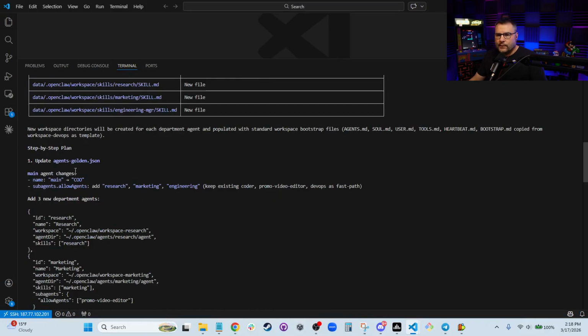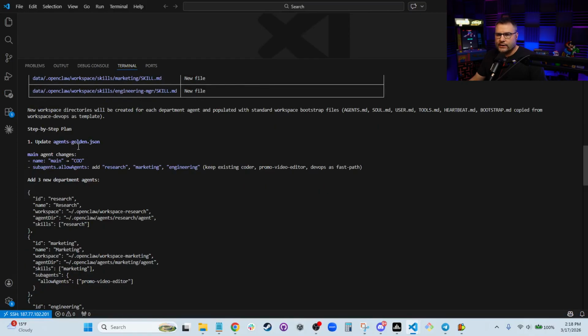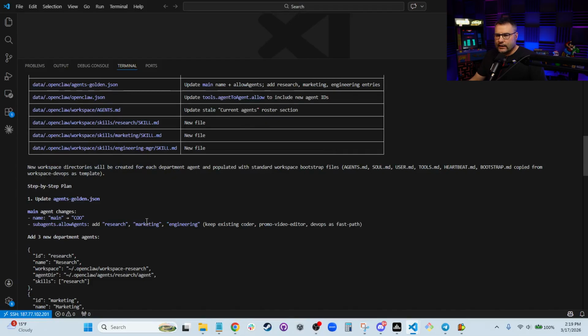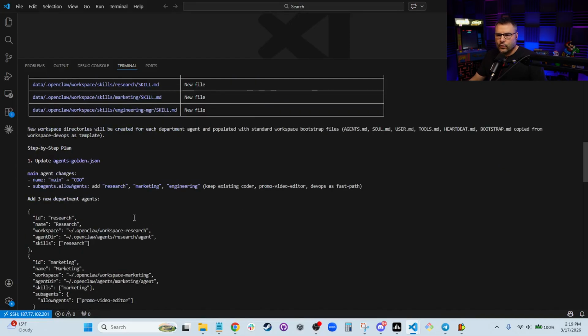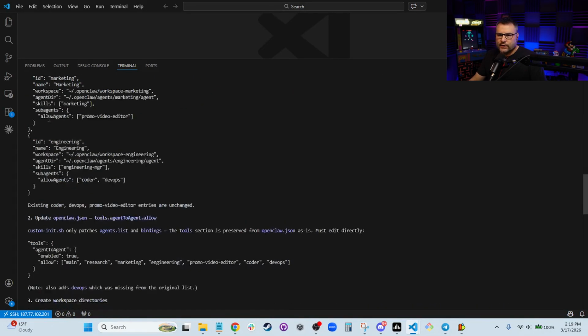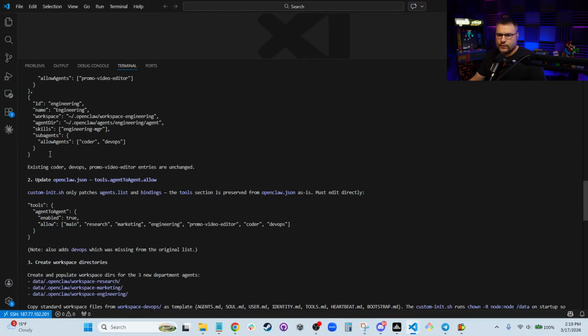But after that prompt, we now have an update to my agents-golden.json, which is a custom JSON file that I came up with because of all of the issues that I came up with while getting my OpenClaw instance up and running on Hostinger. Things just kept on getting erased. So I have kind of like this source of truth that I use to get my OpenClaw up and running again and again and to get it working properly. So the agents-golden is where all my agents are going to be stored. Claude Code kind of goes through a bit of that here with defining what that looks like within the JSON